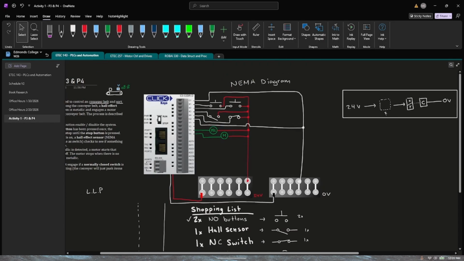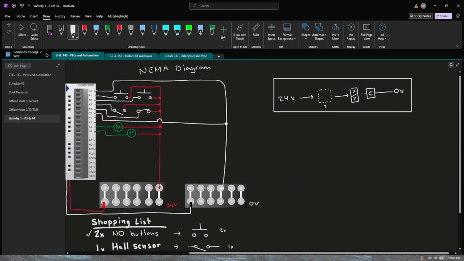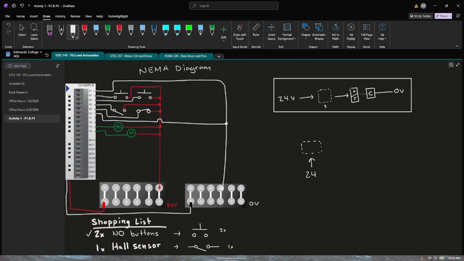Again, all of these circuits are essentially a repetition of this. We're coming out of 24 volts, into some kind of component here, right? Could be a button, could be a motor, could be whatever. That's then going into our PLC's I/O ports, right? Either our X's or our Y's. The book sometimes represents these as